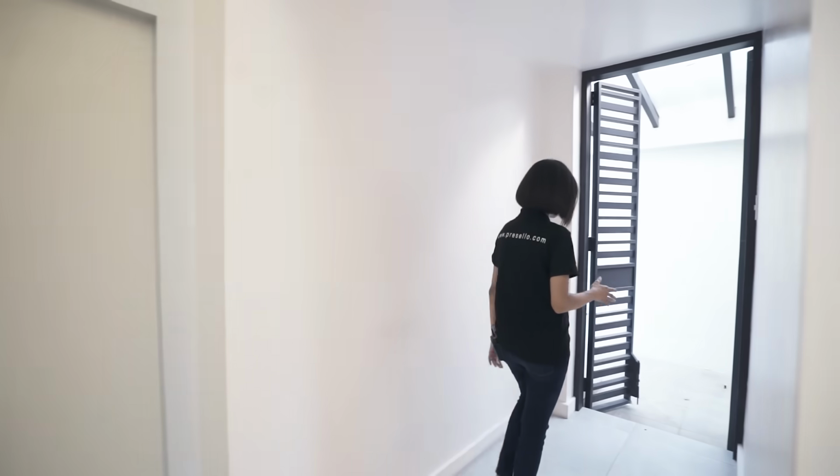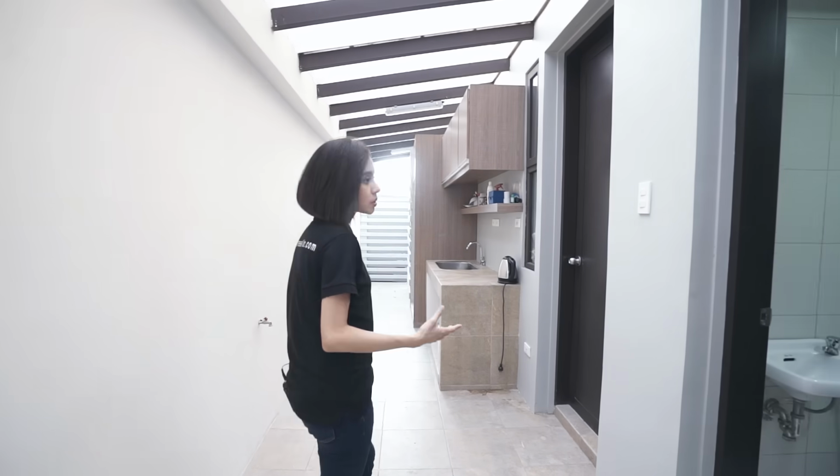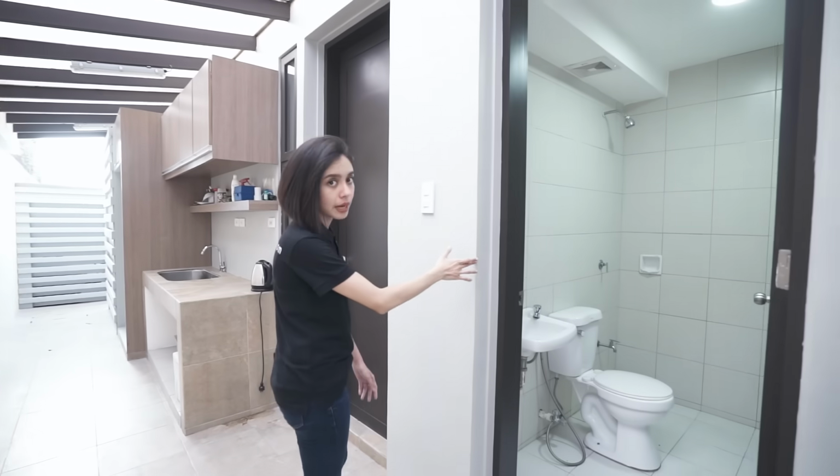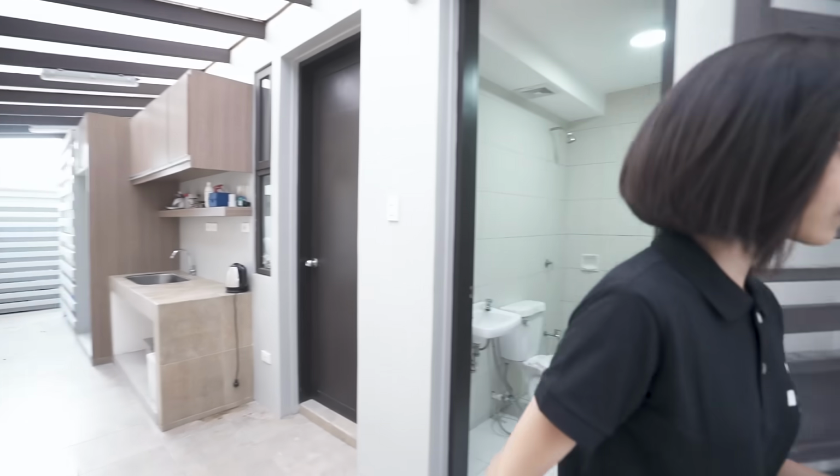But here, for this corridor, this one leads out into the utility area. So you got your dirty kitchen, your tanks and whatnot. But it also leads out into a common toilet and bath and your maid's quarters, as well as over here in the corner,